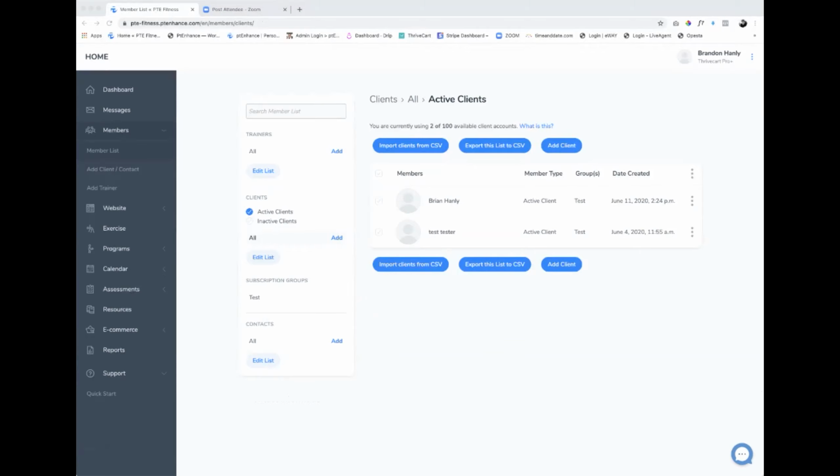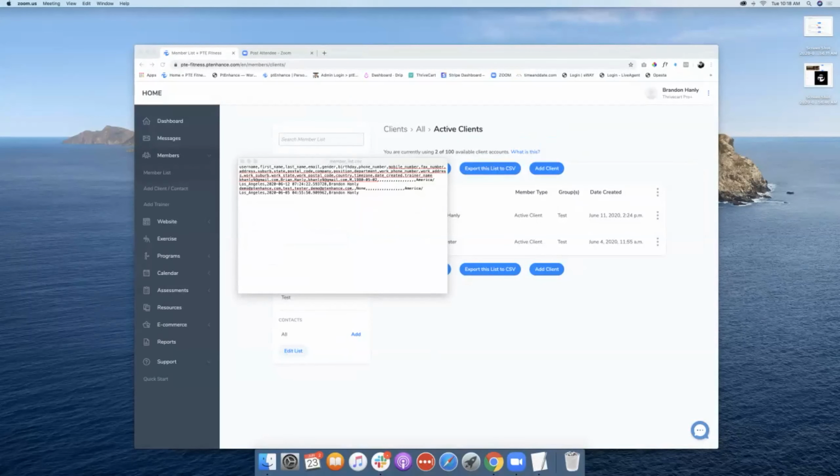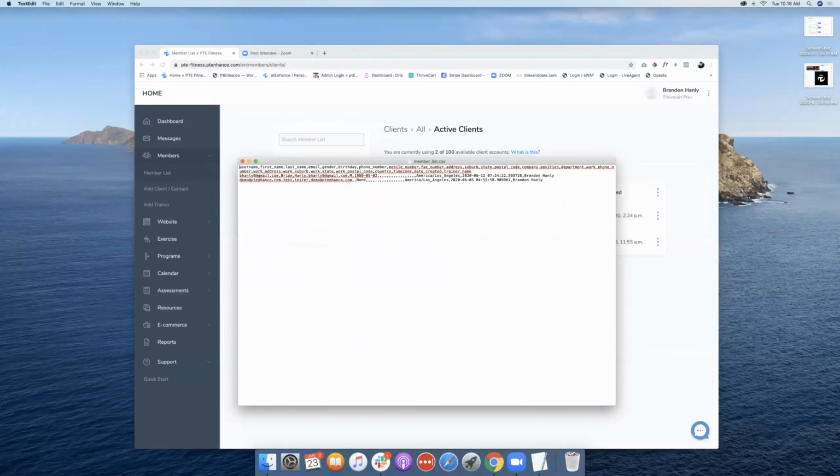I don't know if you can see it. Let me see if I can. No, we can't see it. I have to switch screens. I have to go to desktop. Okay. So this is the CSV that it's populating. So it looks like it's username, comma, first name, comma, last name, comma, email. So this is the format that you would need to follow. So what I would recommend is,